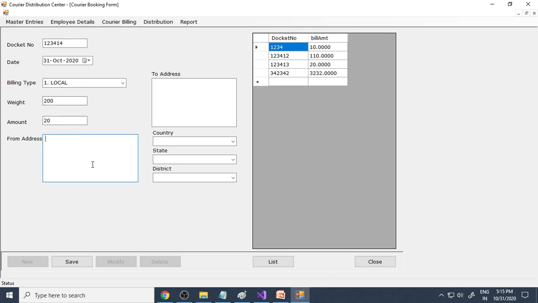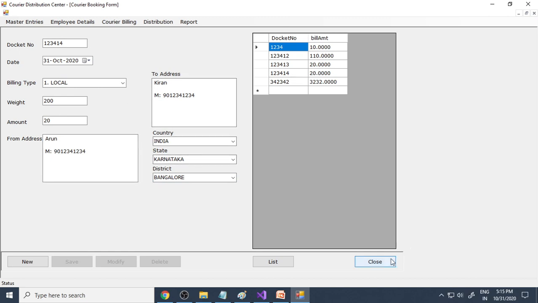So who is giving this? Okay, some Arun is giving. Let's say its mobile number. We can take Arun's complete address here. And to whom you want to send. So you want to send to some Kiran. We take the complete address, then mobile number. So then which country? So it's in India, then Karnataka. It's in Bangalore. Right. So if it is Mysore, you can also take Mysore. Save. So therefore we collect one courier.